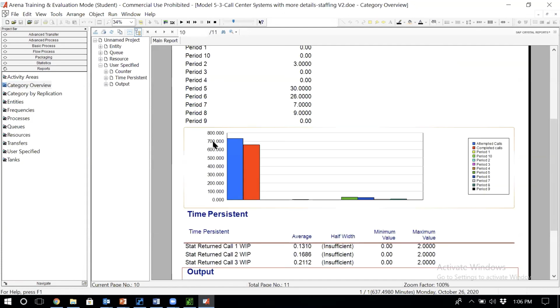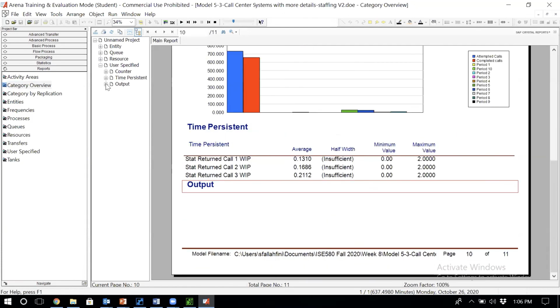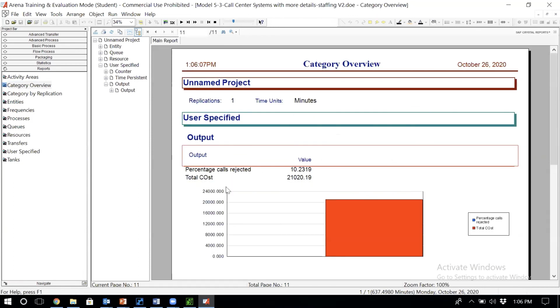Output. So when I go to output, I see two. One is percentage calls rejected. So about 10% of the calls were rejected, and the total cost, I see that as